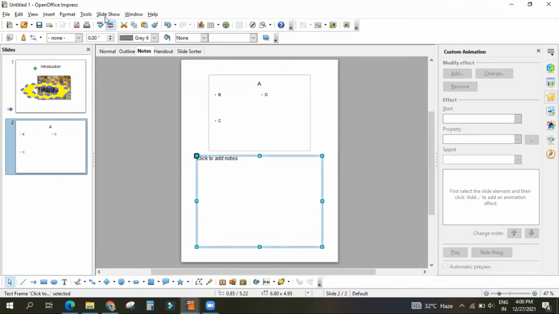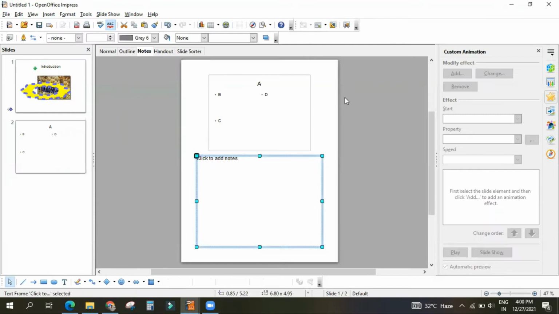But if you go for your slideshow of that particular thing, okay, these speaker notes won't be visible. Okay, only the things present in the slides, they will be visible. Understood?